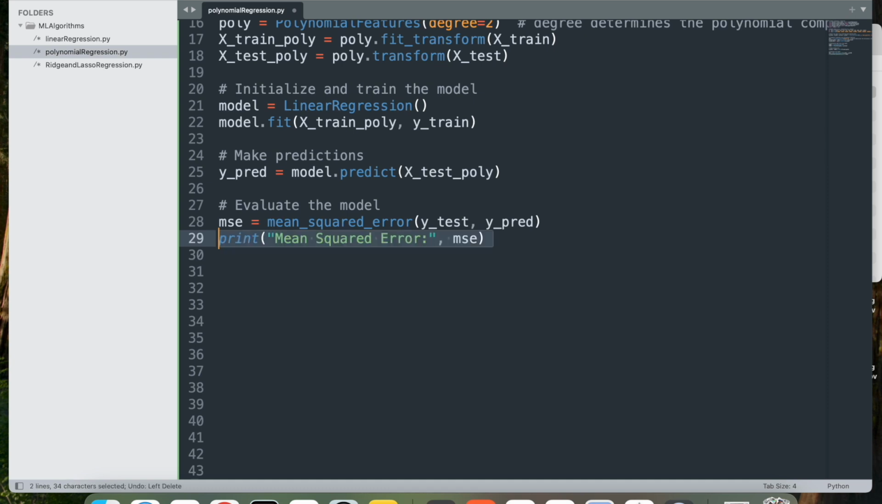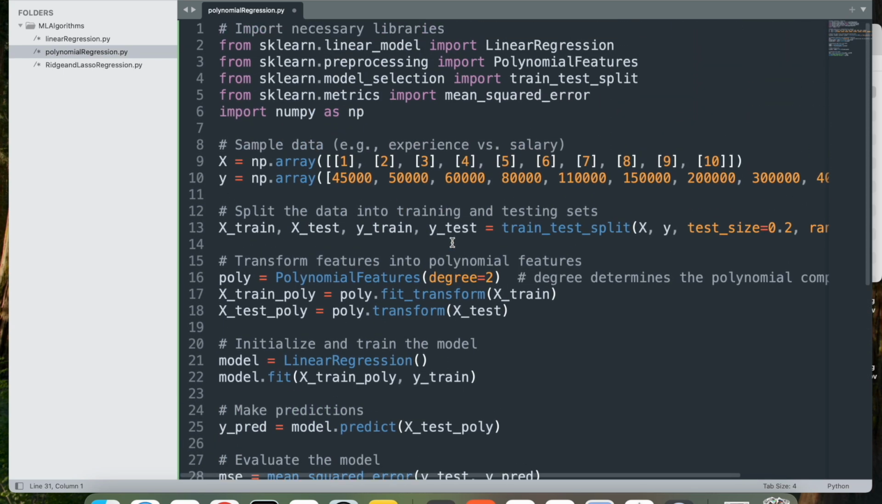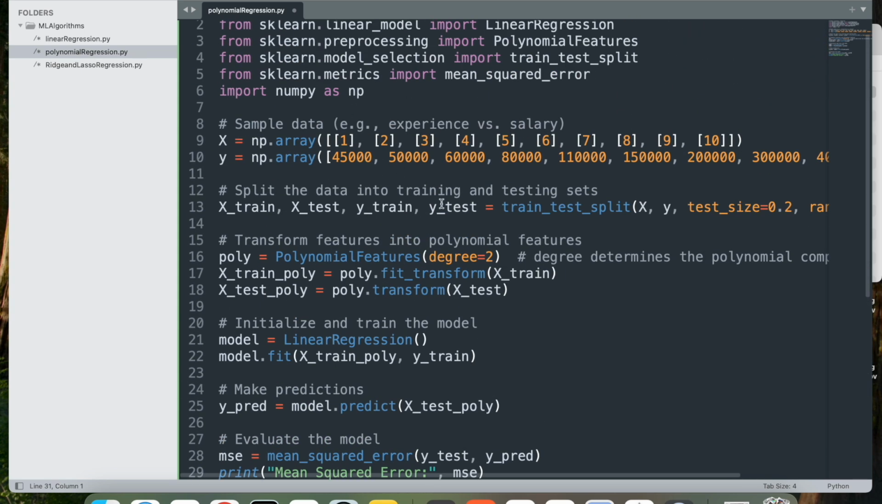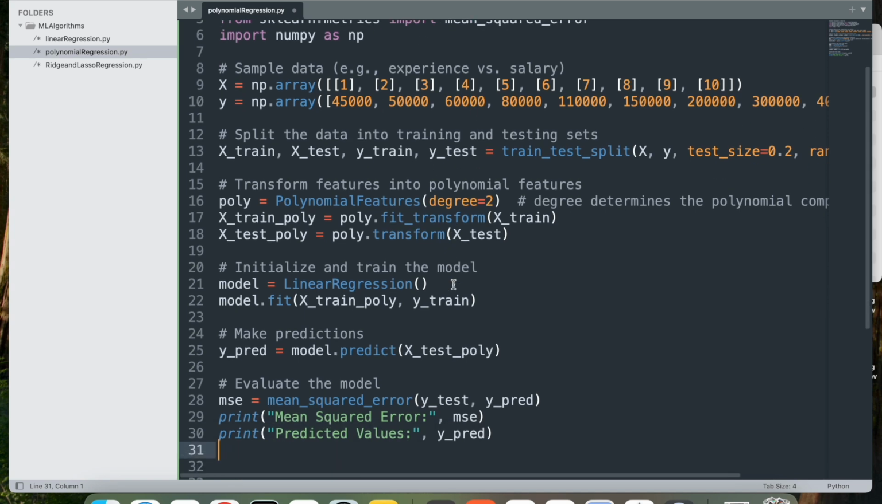Next, let's print the mean squared error. This prints the calculated MSE to evaluate how well the model performs on the test data. And this prints the predicted salary values for each test sample, allowing us to compare them against the actual y-test values. Now this code here demonstrates how to use polynomial regression to fit a non-linear relationship between years of experience and salary. By transforming the features into polynomial terms, we allow a simple linear regression model to fit a